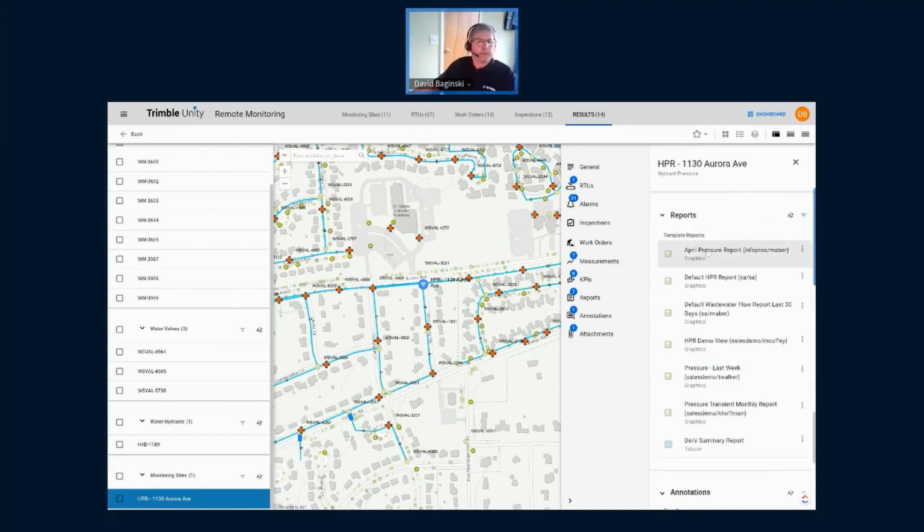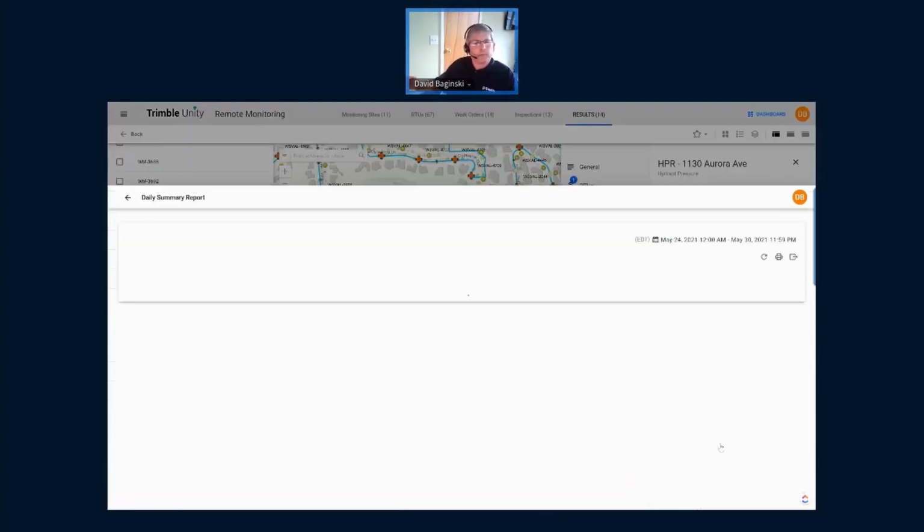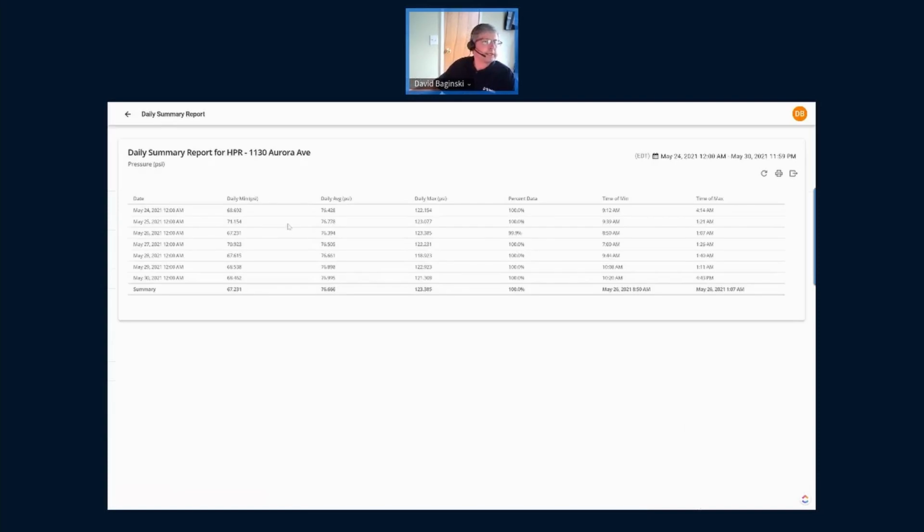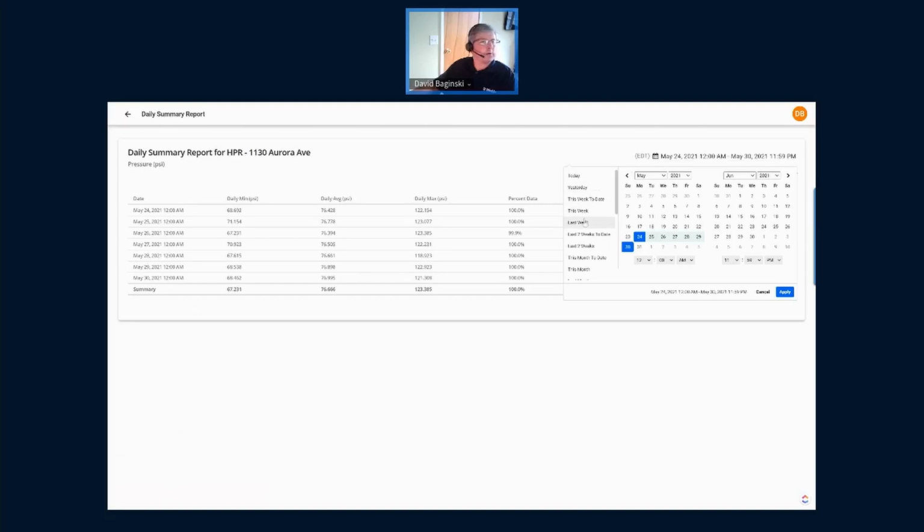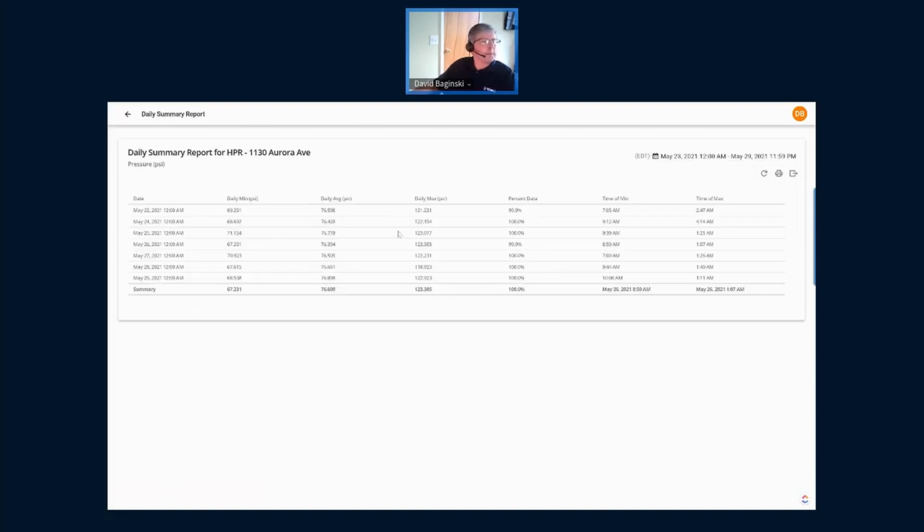So now we'll jump down to the reports. In the reports, anytime you create a new telemetry report, you can adjust it and save it, and then it will show up in this area for faster recall. In addition, there's something called a tabular report here. Tabular reports are really summary reports. So they summarize data. In this case, we're looking at the daily summary report, which is showing us roll-ups for individual days,